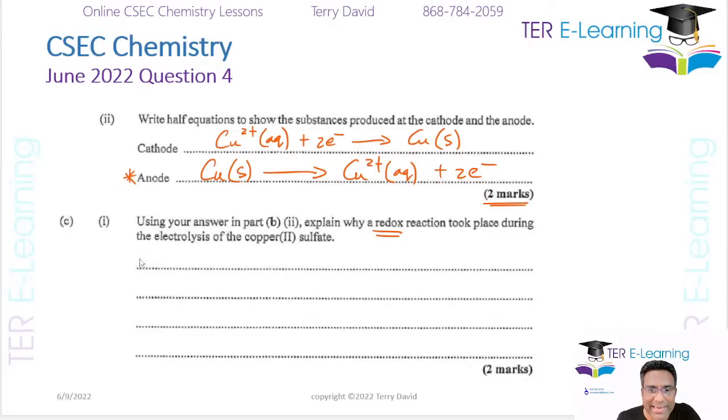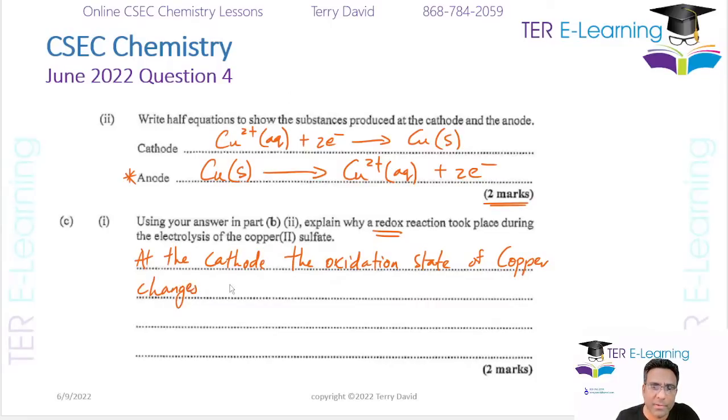So in the first reaction, so at the cathode, the oxidation state of copper changes from, so we're talking about this first reaction here, the copper is changing from +2 to 0, right? Because you're going to copper solid on the side here. So you're changing from oxidation state +2 to 0. So if you're at +2 and you're going to oxidation state 0, that means that's a decrease in oxidation number. So this here is called reduction,